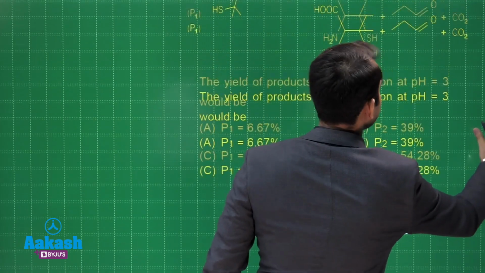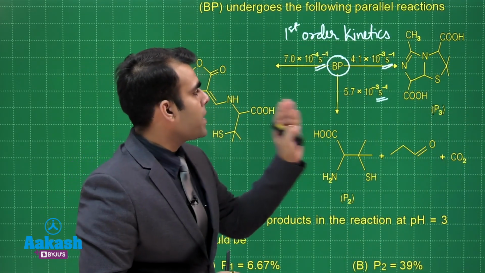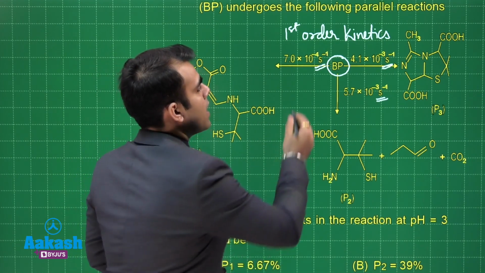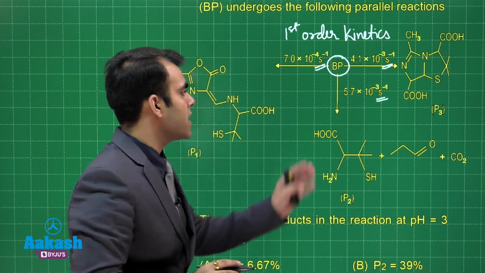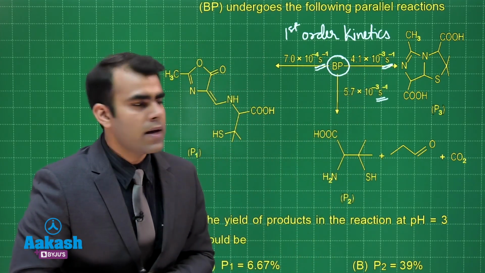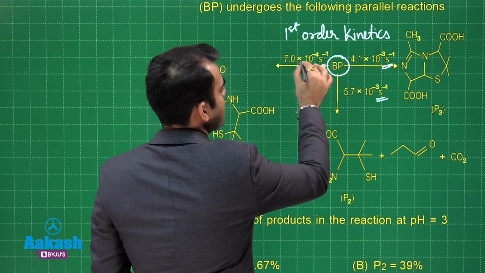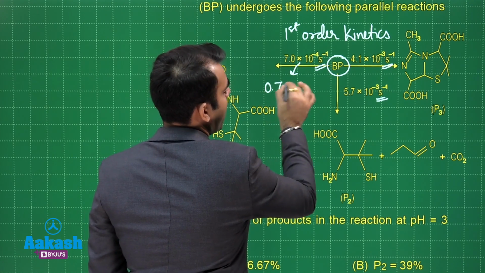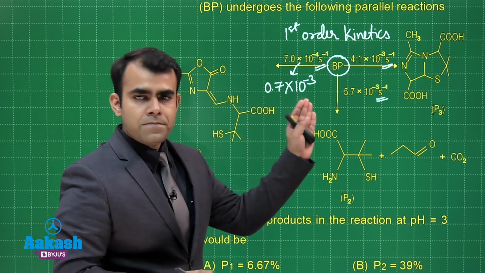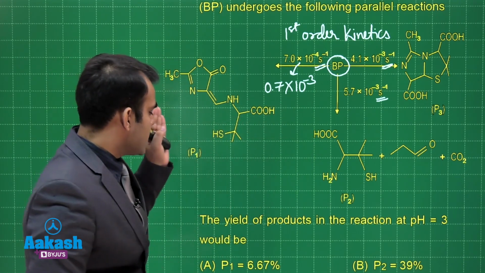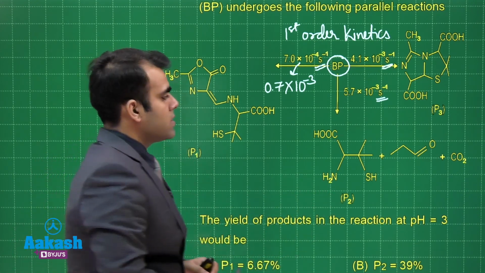Now here we have three products, P1, P2, P3, and the rate constants are given. Here my rate constants are 7 into 10 to the minus 4, 4.1 into 10 to the minus 3, and 5.7 into 10 to the power minus 3. These have different powers, so we will convert the first into 0.7 into 10 to the power minus 3. Now if I want to calculate the percentage yield of products at pH 3, then I can write